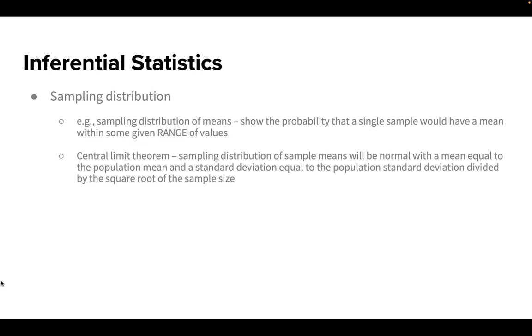Sampling distribution, this is also one of those things where you have a set of values, and you're wondering, okay, well, is this a tight distribution or a loose distribution? And what does that tell you about what you've gotten and what you might be able to derive from that? So you might see that, oh yes, there is an overall positive, but there's so little difference in the range of values that it's not really statistically significant. Or you might have so much range that it's really hard to derive conclusions from that.